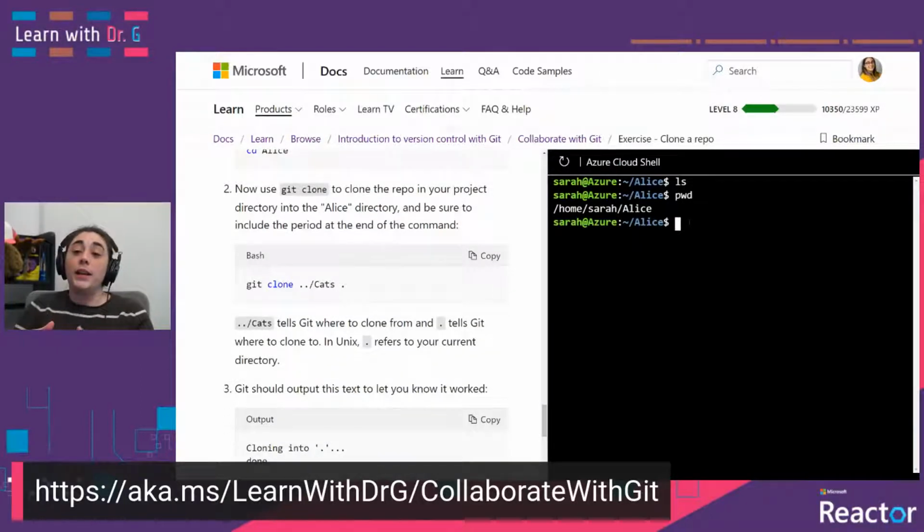Next, what we're going to do is called a clone. Clone is when you basically clone or copy a repository into a new directory. Typically, your repository is hosted on some external server. And so when you clone it, you're making a copy onto your local machine. In this instance, we're pretending that the cats repo, which is just in the next directory up, is somewhere else. And so we're cloning that. So git clone